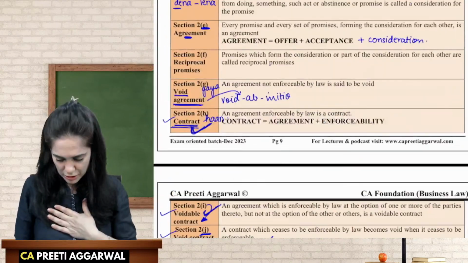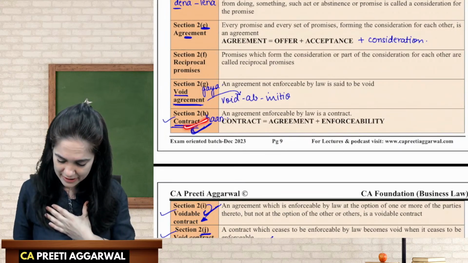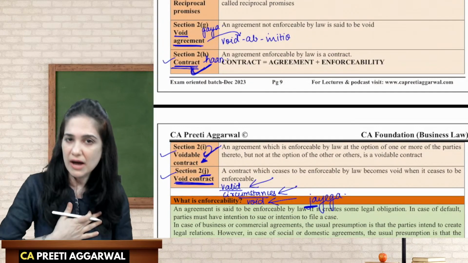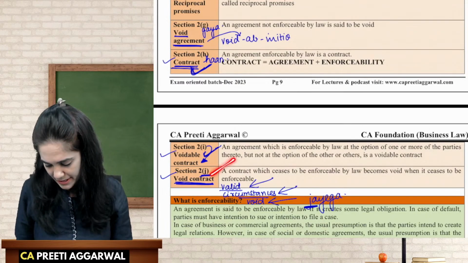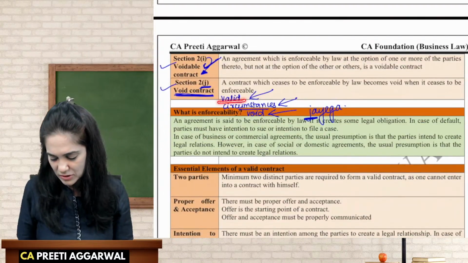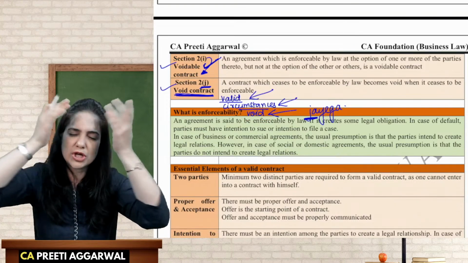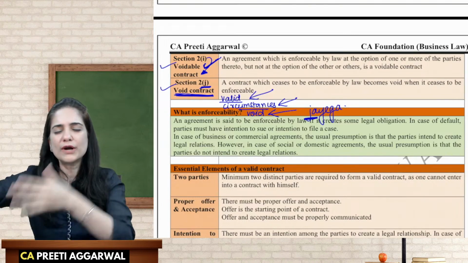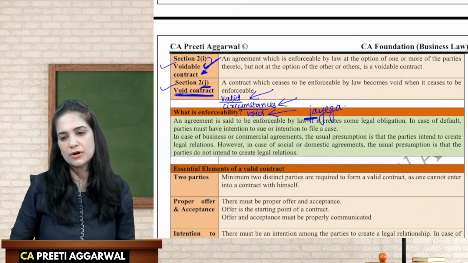If it is a valid contract, but I will decide whether the contract is to remain valid or not, then that type of contract in which I, the aggrieved party, have an option, is known as a voidable contract. And what is the meaning of a void contract? A void contract is valid when it was entered, but later on, due to certain circumstances, it becomes void. अरे void हो जाएगा. Valid contract circumstance की वजह से void हो जाएगा. JJ talks about void contract.